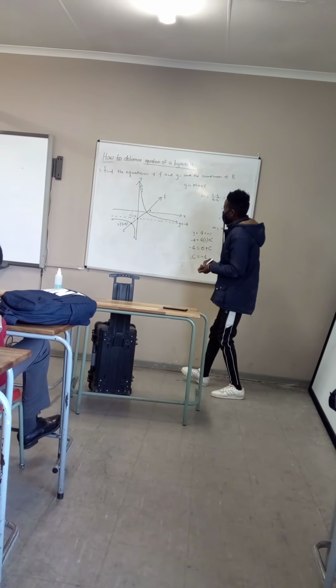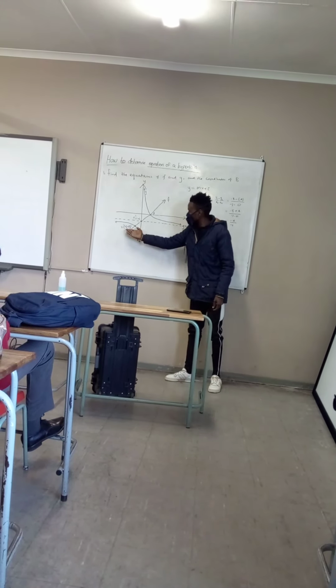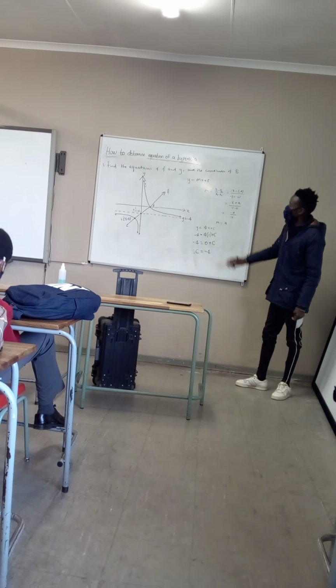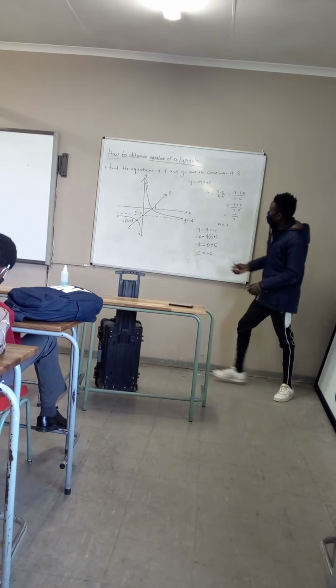You can also use this point, it will give you the same C equals to -4. And then we are going to take this C to our equation. Now, our equation that they have said is F, so that means it will be F of X. Now our F of X will be now equals to